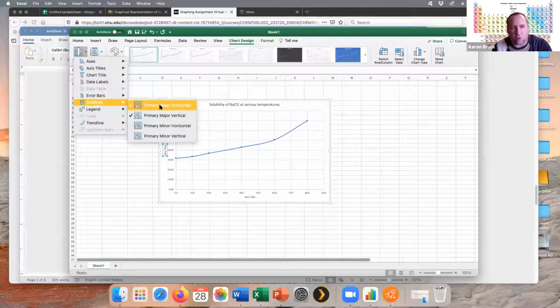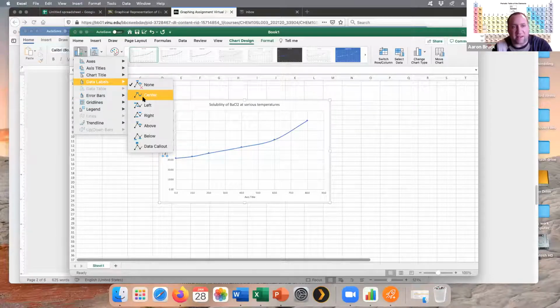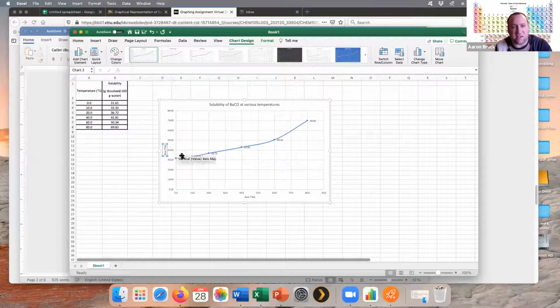I can add more grid lines. I can take away grid lines. I can add data labels that tell us what each of the values are. And all those are really, really cool. There is a shortcut to it. If you go to these quick layouts,